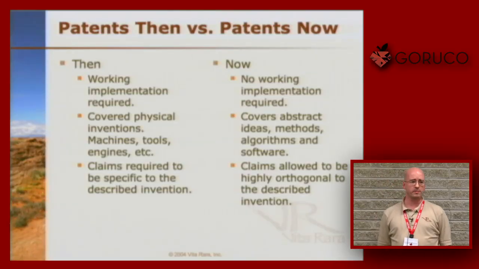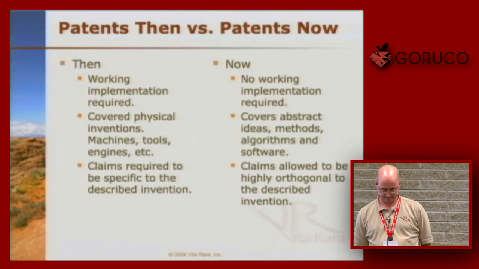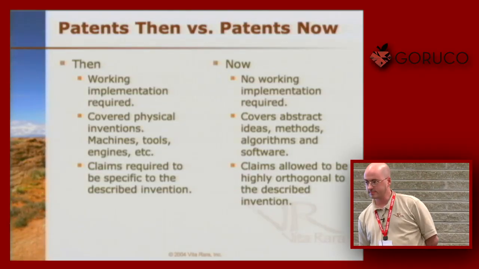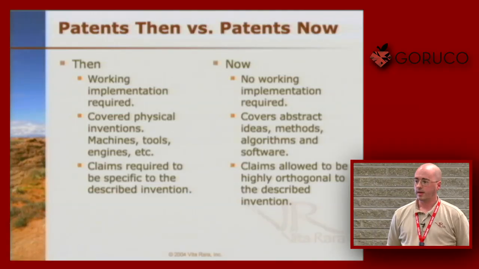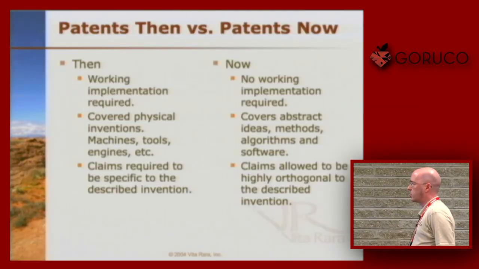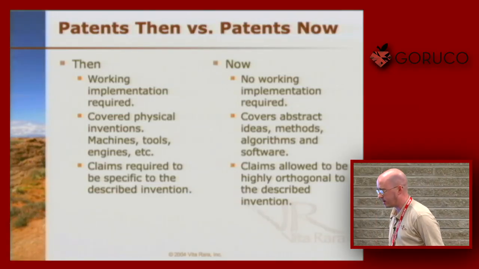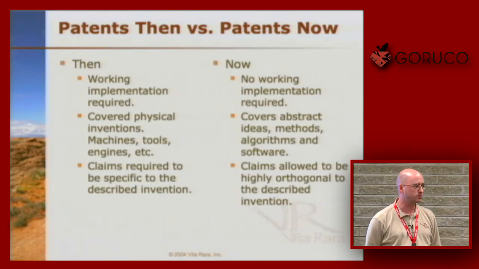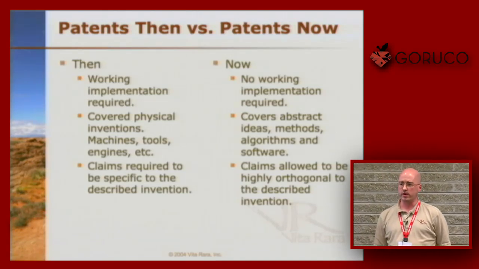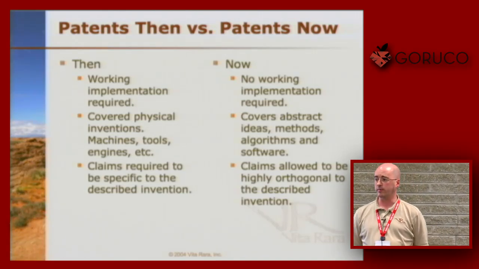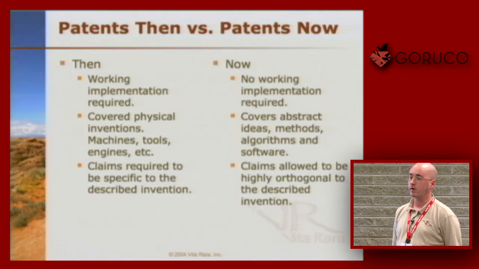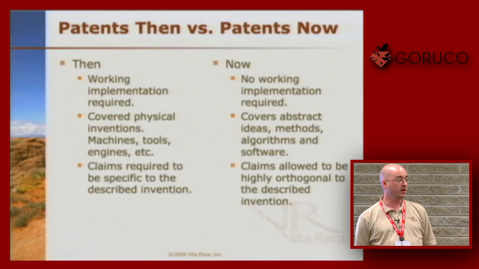And a little bit about how patents have changed over time. When the patent system was designed, it was pretty much physical things, tools, machines, and they were very concrete things, and you used to have to cart your item into the patent office and actually show it functioning to the patent examiner so that you could get your